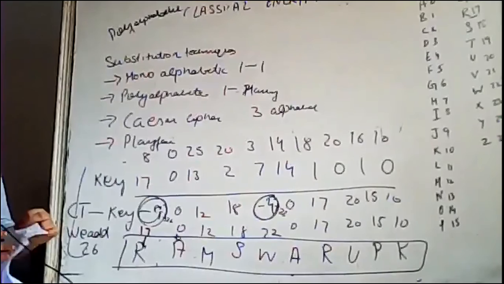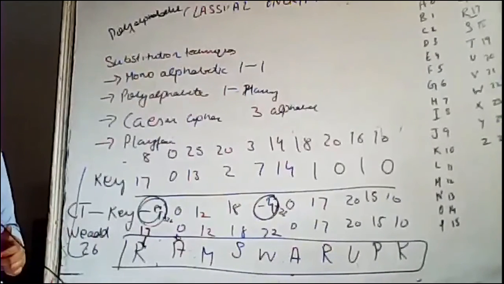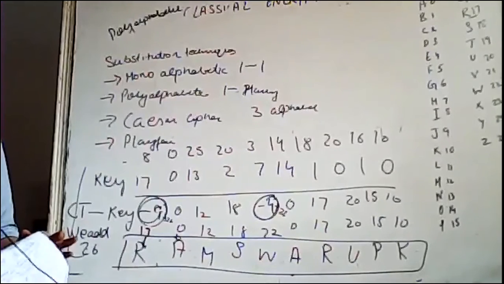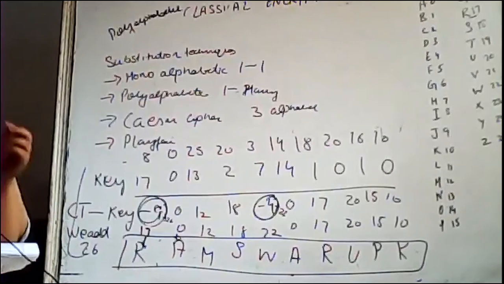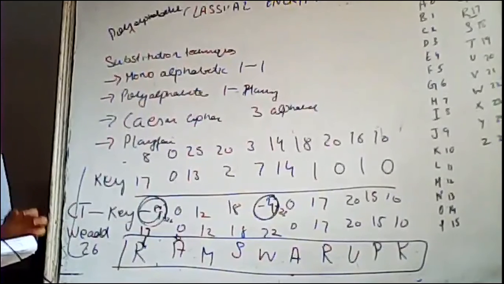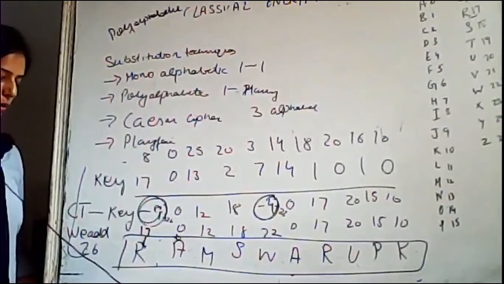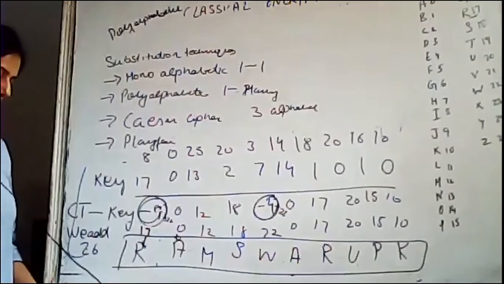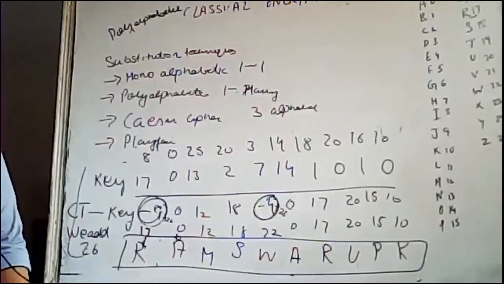And the third thing is that in Playfair we must keep some rules in mind before doing the encryption. One is the row rule, in which if both alphabets belong to the same row, then we have to take the alphabet on the right side. And then there is the column rule, in which if both alphabets belong to the same column, then we have to move one cell downwards.